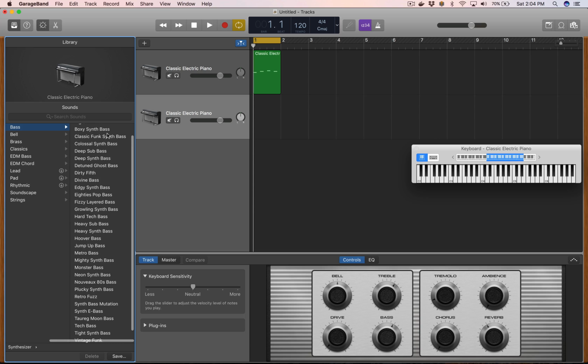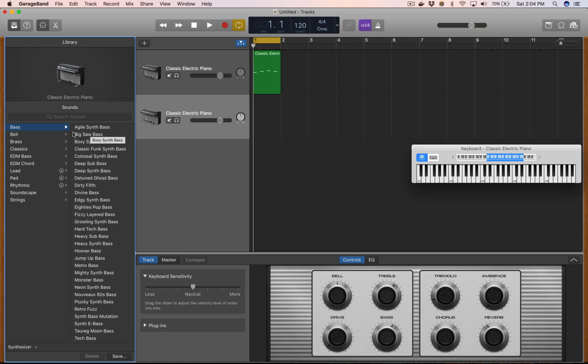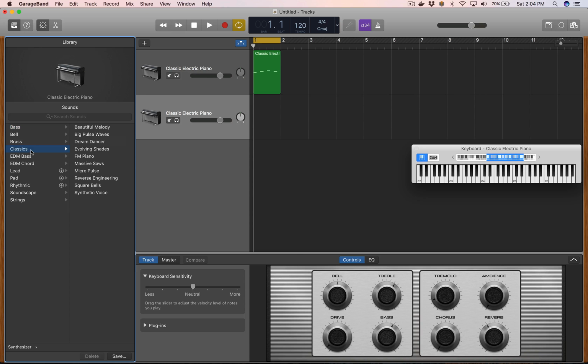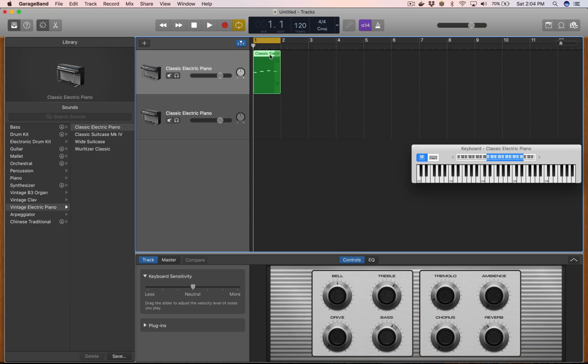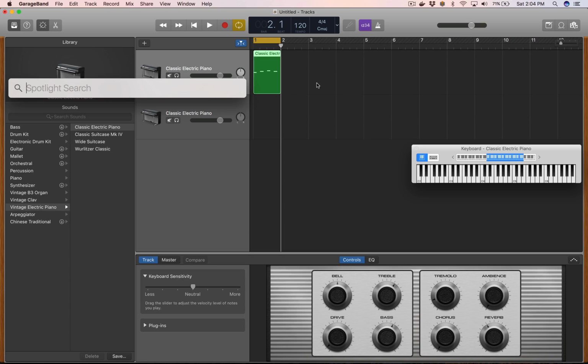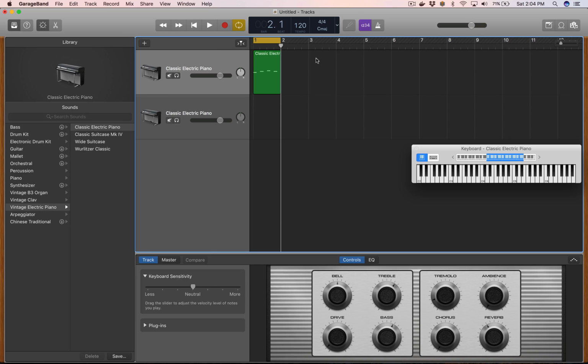You can go to bass, and what we want to do is pick, let's start with, let's see, what's a good one? Classics. You don't want that. Let's experiment with something. But what you can do is click on this MIDI section, copy it, Command C, and let's see if it'll paste it down here. Nope, it won't do that. I guess you have to move this timeline to the second bar. Hit Command V, and that gives you a copy of that particular bar, but you can just drag it down here